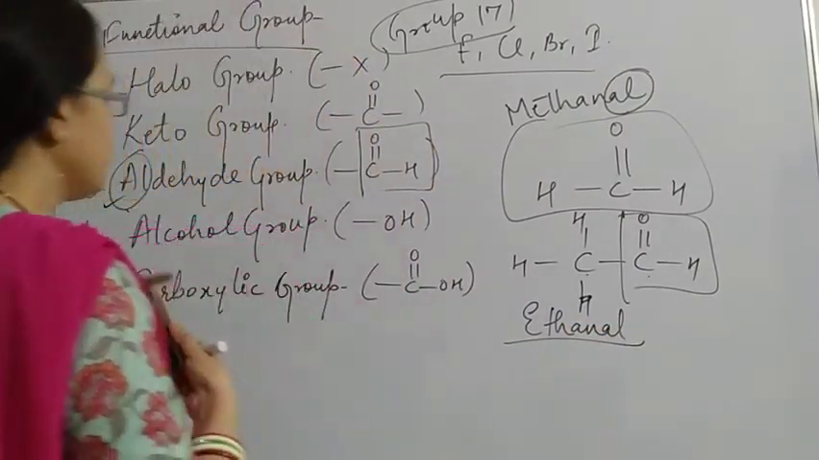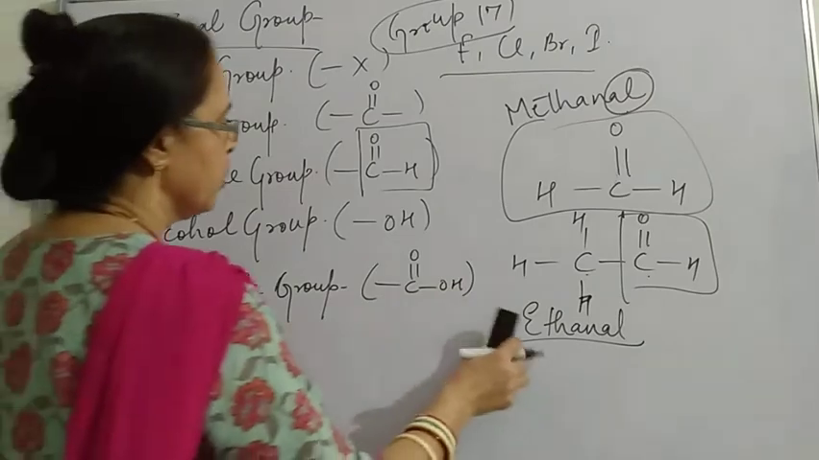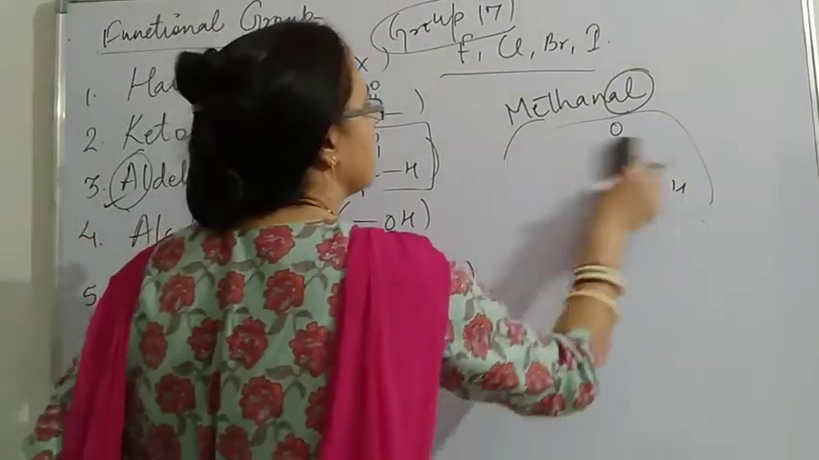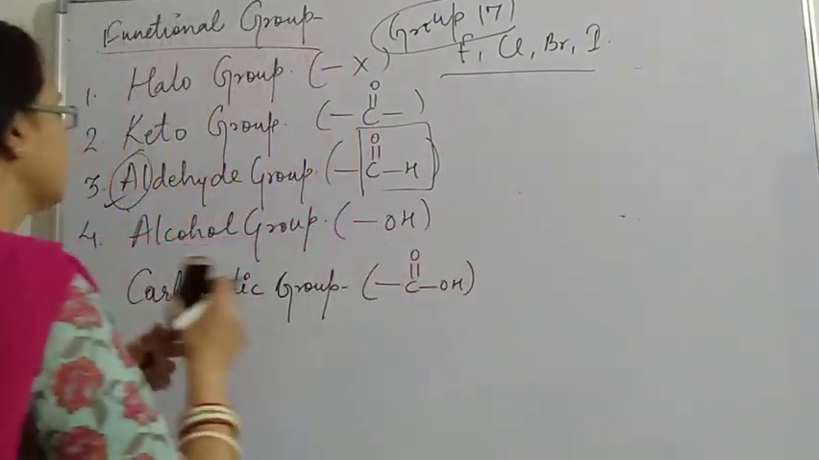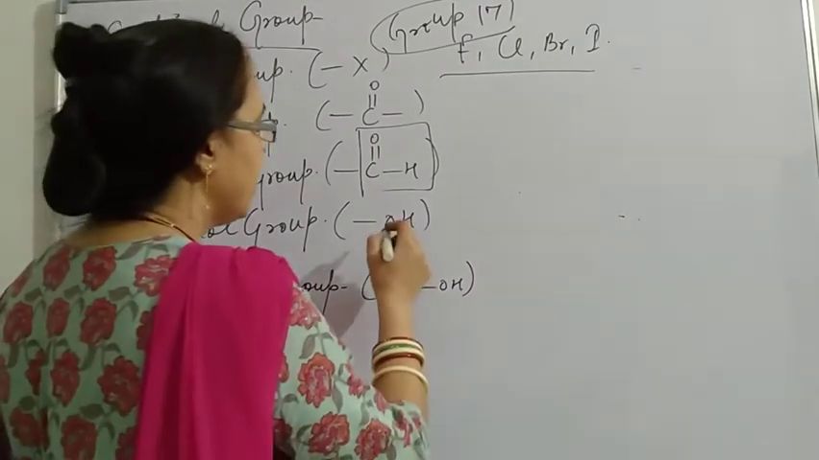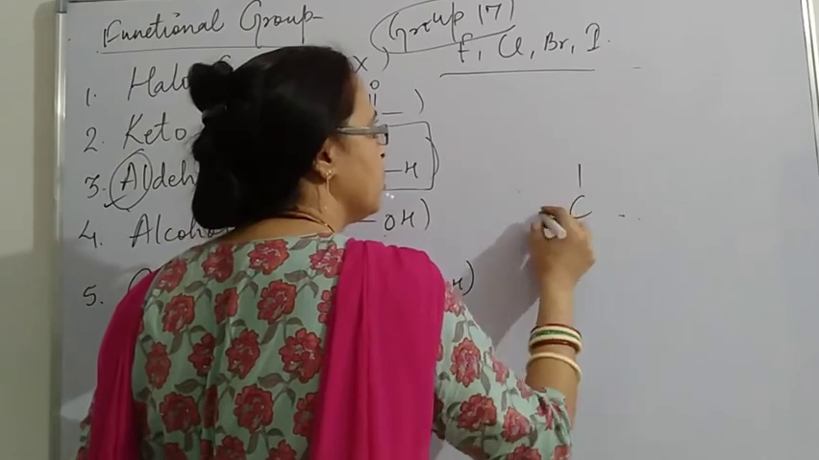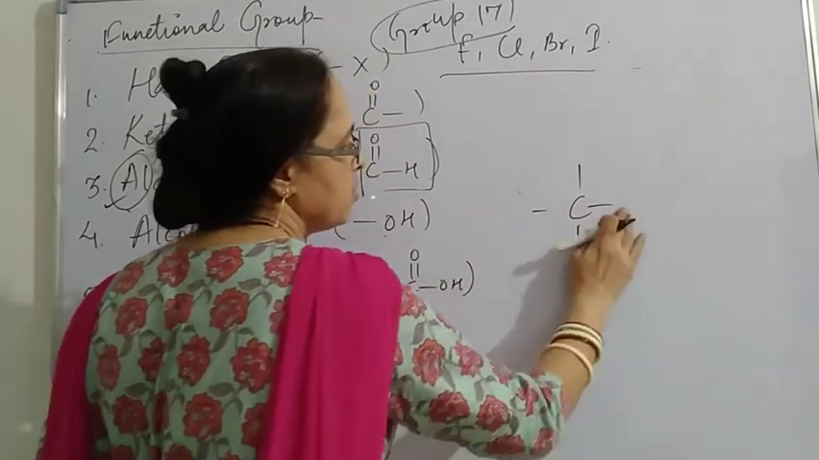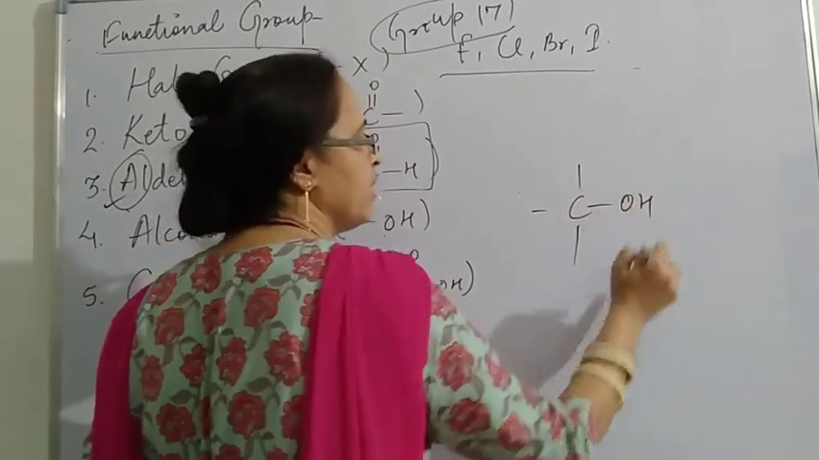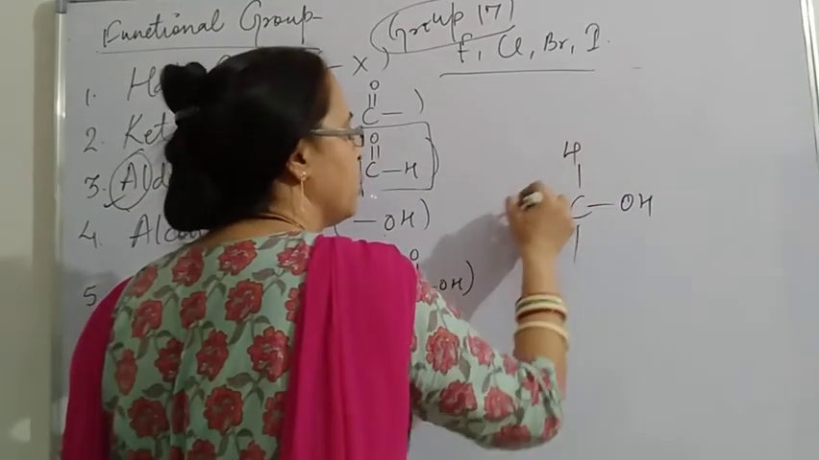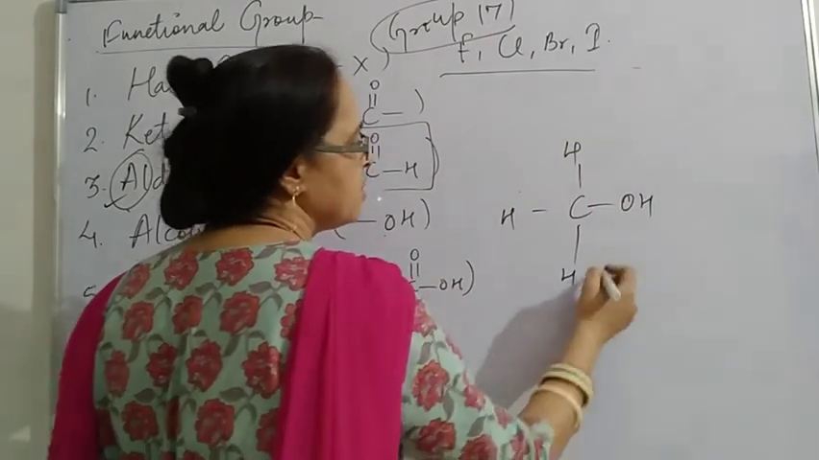Okay, now we talk about the fourth one, that is the alcohol group. Alcohol group is placed over here. We can say that if we talk about methane, and in place of one hydrogen, if it is replaced by OH, then it is said to be as